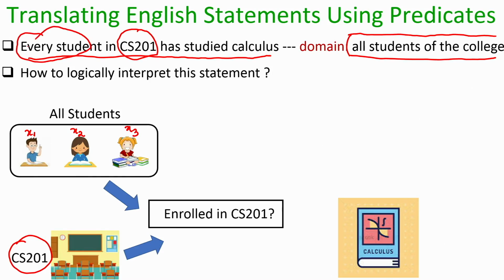So, when I am saying that every student in my domain who is enrolled for CS 201 has studied calculus, the interpretation of that is that I am making a universal statement, a universally quantified statement, where I am saying that for every student x in my domain,